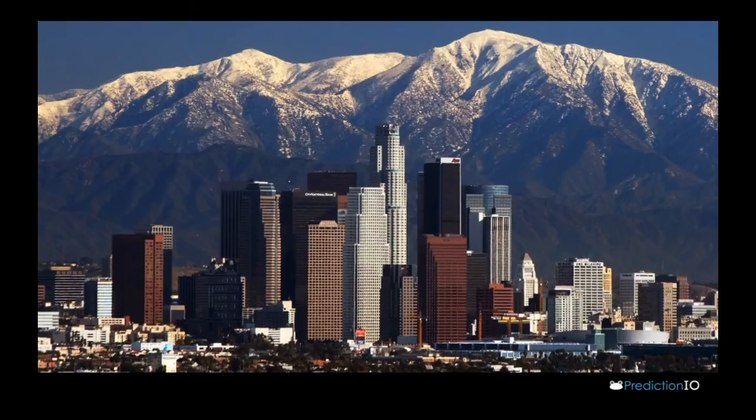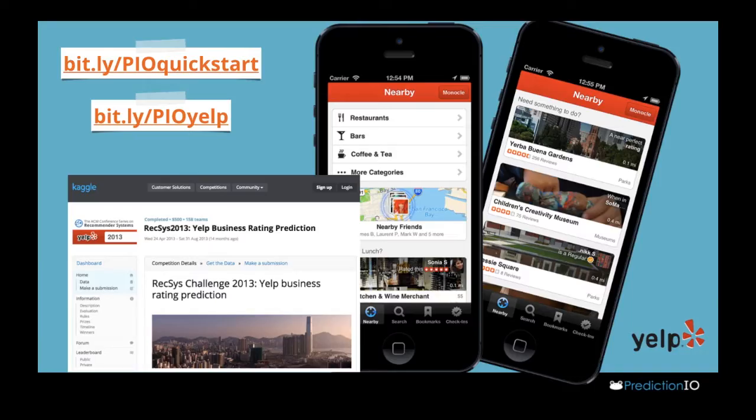So, without further ado, I don't think anyone will recognize that cityscape, but it's Phoenix, Arizona, otherwise known as the Valley of the Sun. And we're going to go into a quick tutorial. The reason why is because we're going to be using Yelp data from the RecSys 2013 challenge. It's also hosted up on Kaggle, and it's essentially a Yelp user, businesses and reviews data set from the city